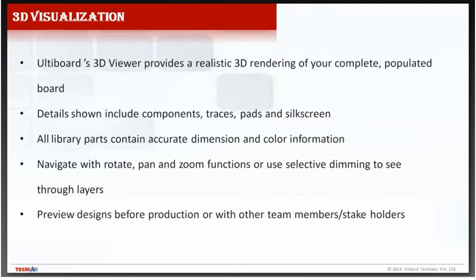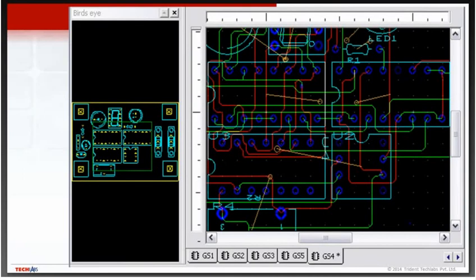This also introduced the 3D visualization, that you could have a real time 3D view after designing, how it will look like after placing the components into the PCB with all the tracks or the connectivity paths. These are some of the designs where all the components are present, the pins are there, connectivity is there. It is the routing part. The connectivity is there, how it will look like after designing into the PCB. And at the left hand side, it is giving the bird's eye view, like how the components will be looking after placing into the PCB.